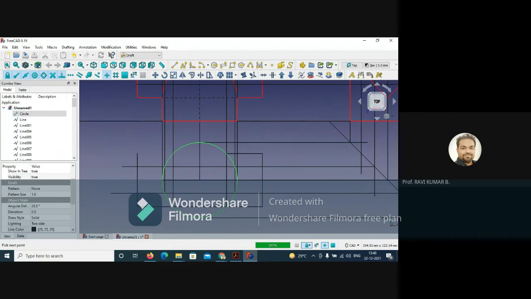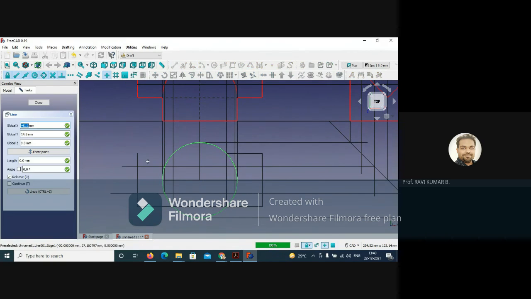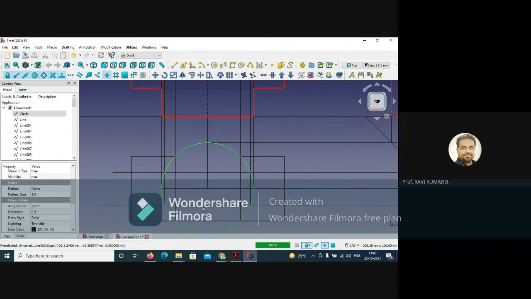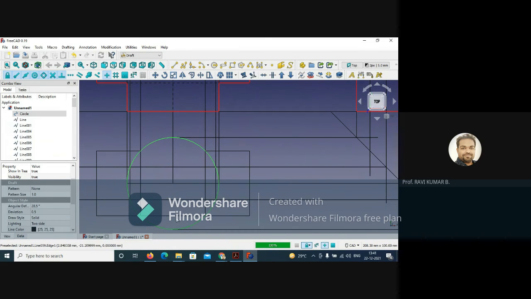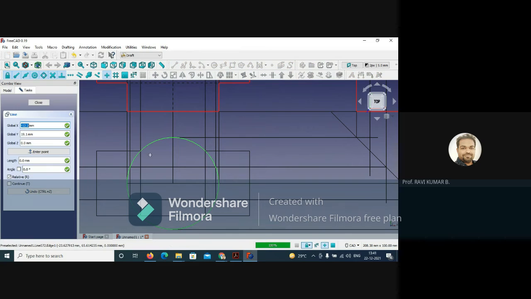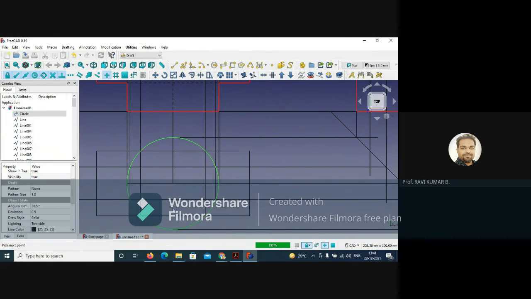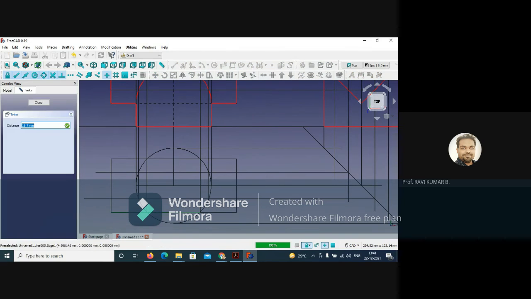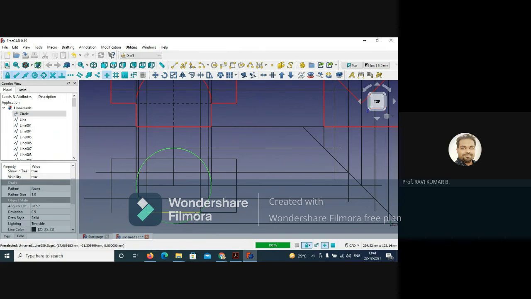This side also you have to do the same treatment. One line you have to draw over here. Okay, so one line you got here, second line you have to draw over here. So use the extend up to the circle. This is already broken, so only one line is needed.